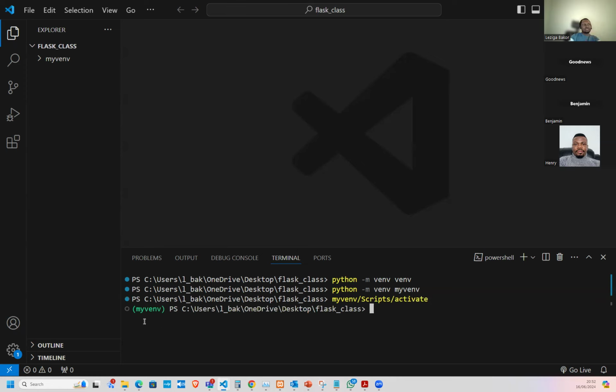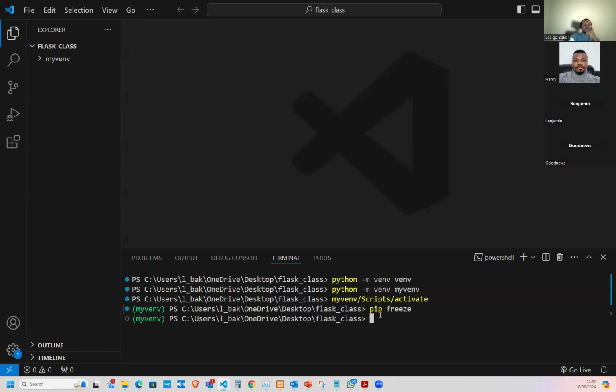How do I know I've activated it? Can you see this here? In a bracket, you see my virtual environment name. Can you see it? Yes. So it's been activated. Now that it's activated, let's run pip freeze and see. Can you see that there's nothing? Right? Yes. There's nothing because the virtual environment is empty. It's a new environment I created. But if I come out of